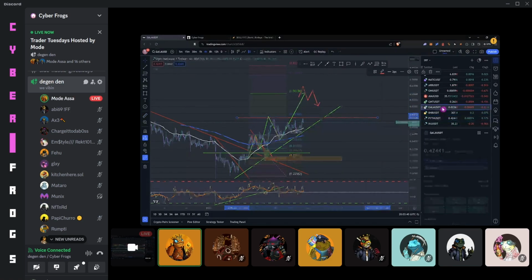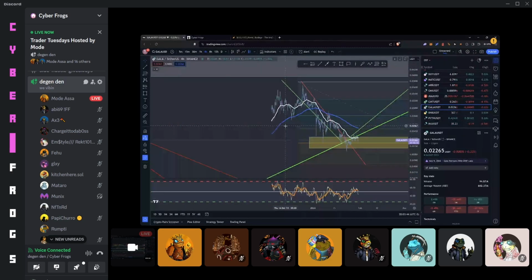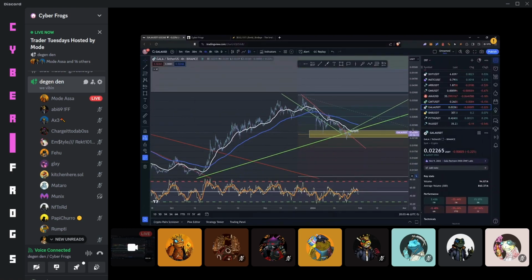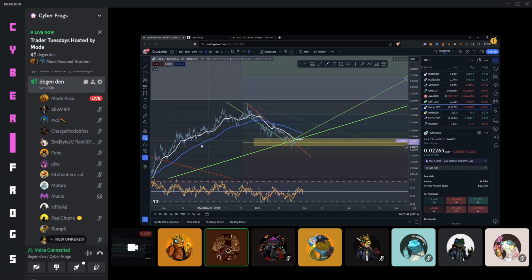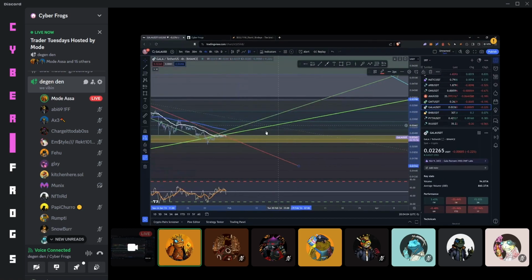Gala, what did Gala do? Gala's in our zone. What's it looking like for Gala? Gala's on support. Trying to hold the RSI. I would ultimately just wait for it to break this downtrend. And when it breaks this downtrend,